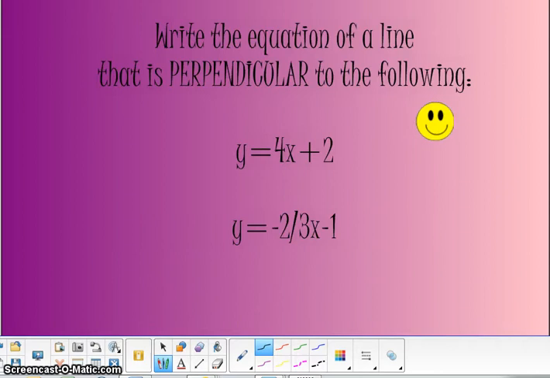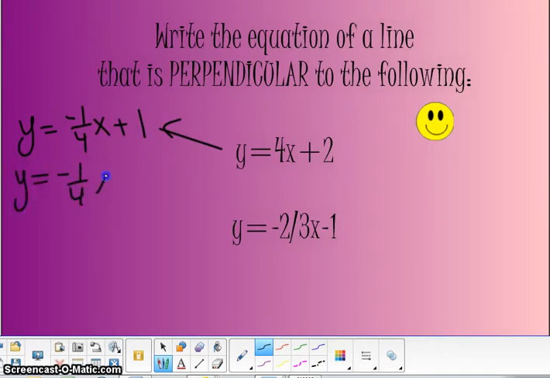Okay, now let's talk about perpendicular. Write an equation of the line that is perpendicular to the following. And as we know already, perpendicular lines have opposite reciprocal slopes. The first one, if we have y equals negative 1/4 x plus anything, that is going to be a correct answer because the slopes are opposite reciprocals. It could be anything you want to put there, and that would be correct as long as you have